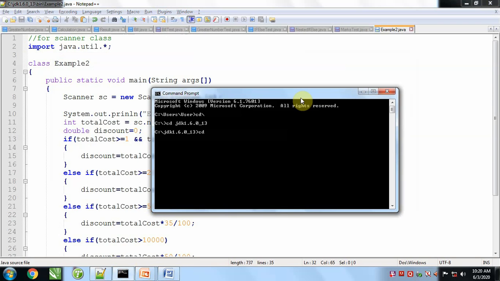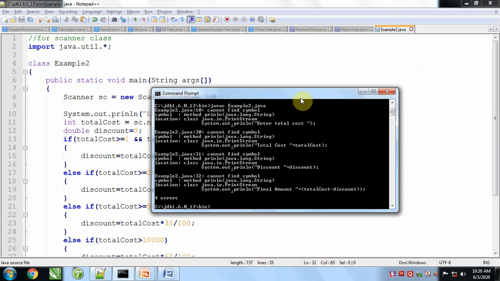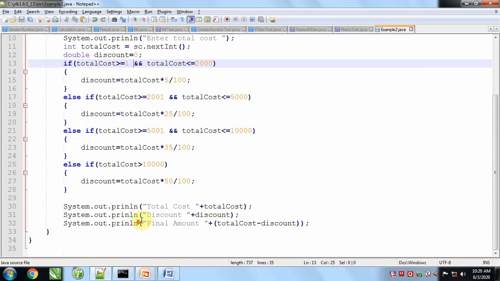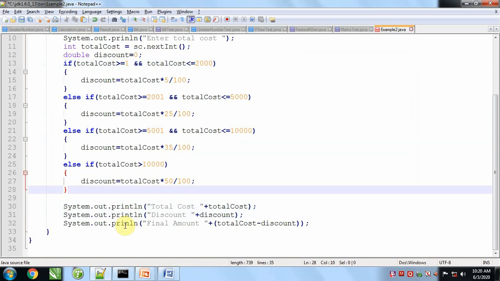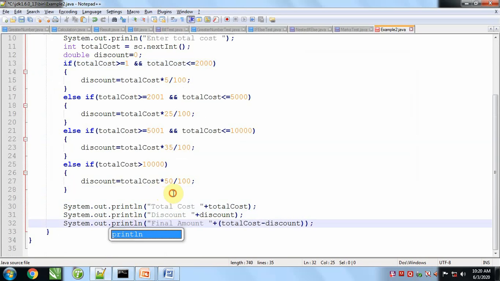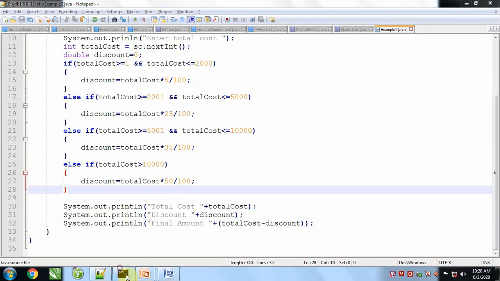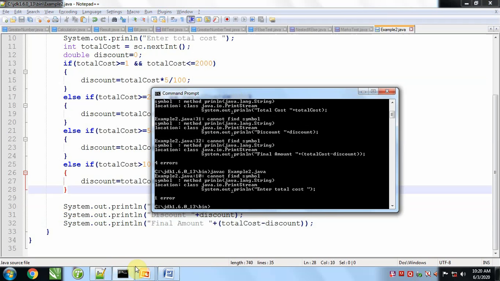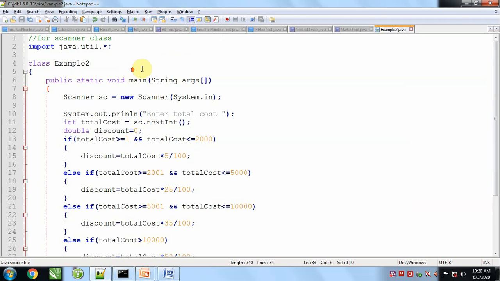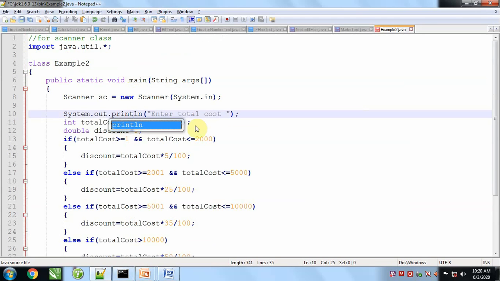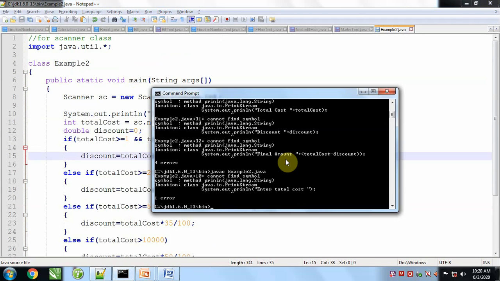Now we'll open the JDK and go to its bin folder and compile javac Example2.java. We have to write println properly. It is wrong. Again Ctrl S and run this program. Ctrl S again.